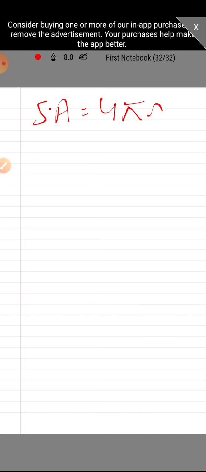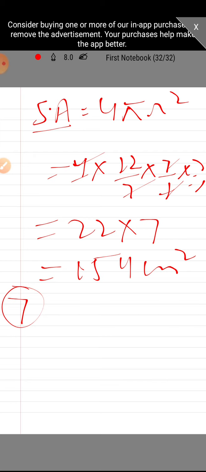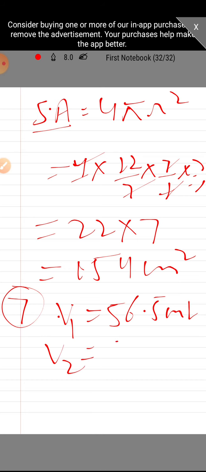Now we will move to question number 7. In this particular question, there is a graduated cylinder. Basically एक cylinder है जिसका volume हमारा जिसमें water हमारा initially filled है 56.5 ml तक. So your V1 is equals to 56.5 ml. एंड जब उसमें कोई एक ऑब्जेक्ट डुबोते हैं, सिंक कराते हैं, तो फाइनल रीडिंग वॉल्यूम हमारा कितना हो जाता है 88.3 ml.